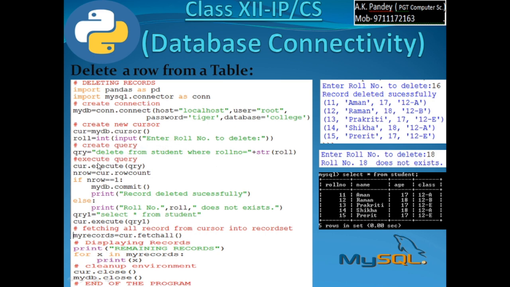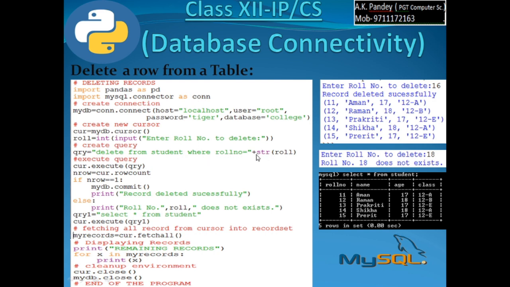So I am making the query using this roll number which you have entered. Query equal to delete from student where roll number is equal to str of roll. Roll number was entered as numeric integer type, that is why it has to be converted into a string, because concatenation of strings can be done using the plus operator if all the strings are in string form.